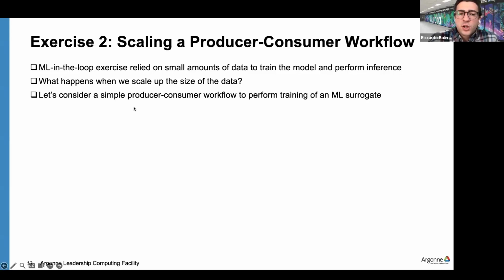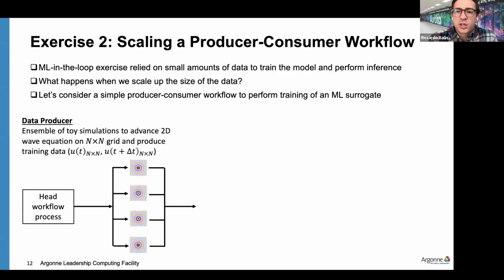To try to understand some of the bottlenecks and issues that we encounter coupling simulation and AI as the problem scales up, let's consider a producer-consumer workflow. In this case, it's a simple workflow to train a machine learning surrogate. On the producer side, we have an ensemble of toy simulations that advance the 2D wave equation on an n by n grid and produce training data for each of these simulations, which is a series of